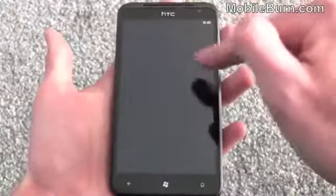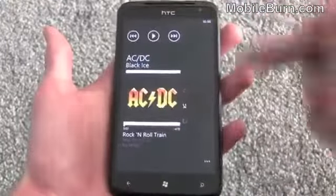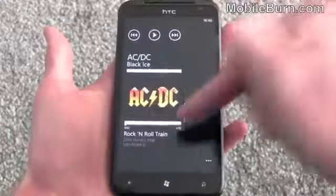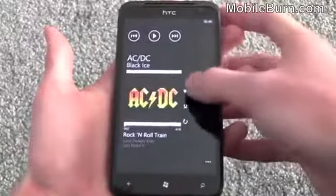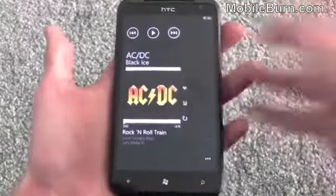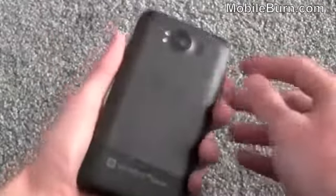But as I say, once you're in the player, you can actually just control it quite easily in here. You can do things like repeat or shuffle, and you've got all the information about the song and the artist there as well. You can even favourite the music there by hitting the little heart, which is quite neat. Okay, so I'm just going to hop around the back and show you some of the hardware a bit more,